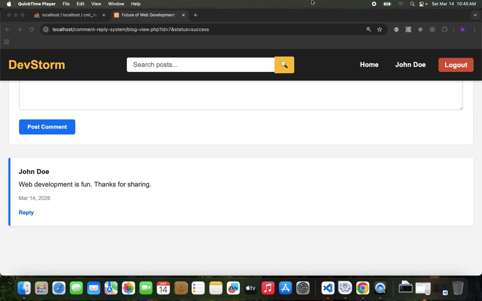Let's implement replies. When we look at our application, we're able to display comments and then this reply button. So if I click on this reply button,